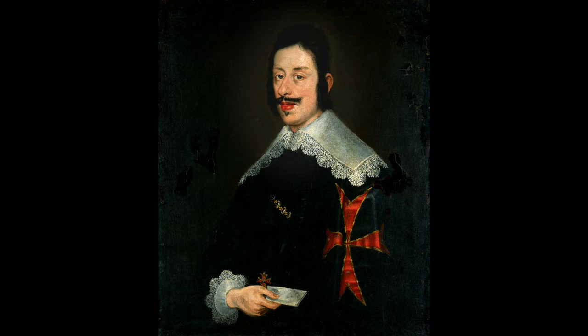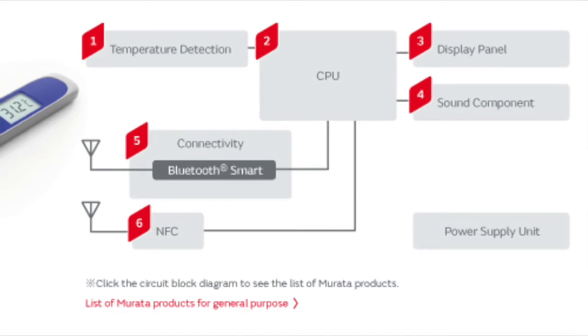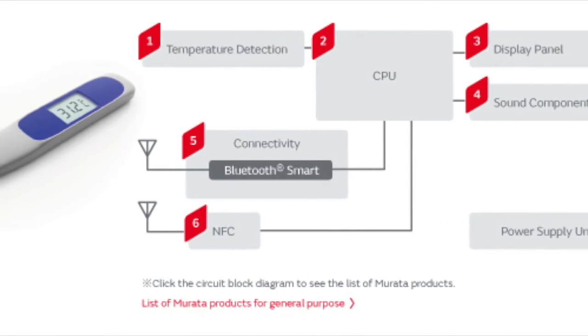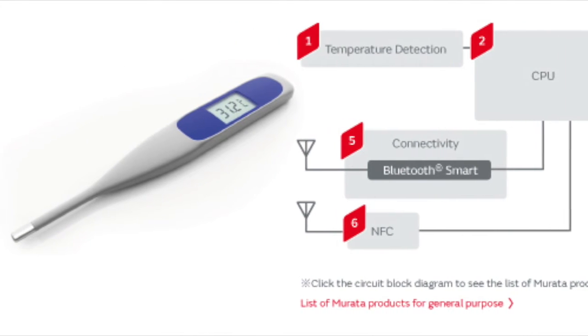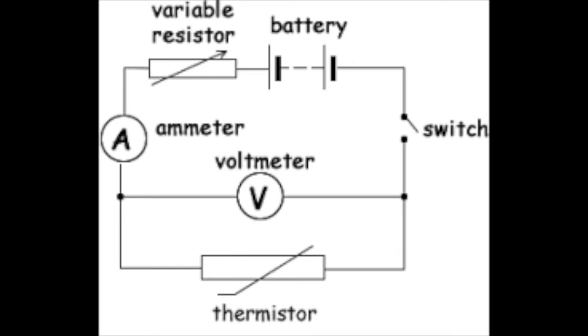But what exactly does the thermometer consist of? The answer is, it depends. There is such a wide variability of thermometers in our everyday lives. At its core, a thermometer contains several key components. Typically, it contains a power source, a resistor, a microchip that serves as a voltmeter, which records the voltage change